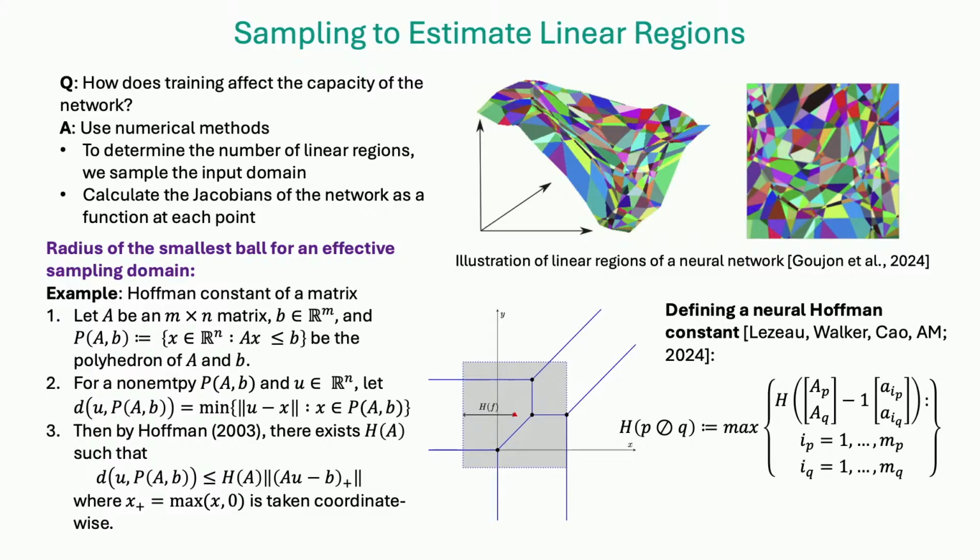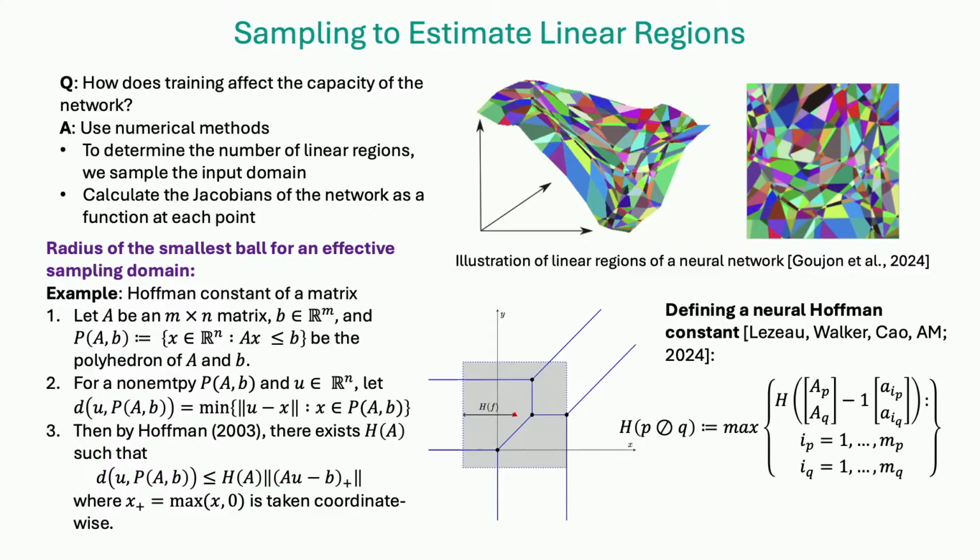So linear regions is a measure of expressivity. This is what people care about. It's one of the measures that is possible, and you can count this using tropical geometry. What we studied was not just the analytic upper bound of the number of linear regions, but how the number of linear regions changes during the training of your neural network. Here you need to go to more numerical methods, and you can do this with tropical geometry.